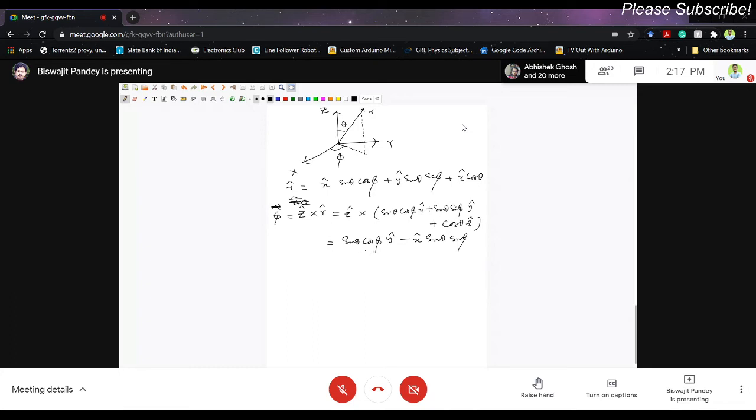Because you see, if I take the square root of the squares, sine square theta cos square phi plus sine square theta sine square phi, if I take sine square theta out, sine square phi plus cos square phi equals 1. But in order to get the unit vector, we have to divide by sine theta. So sorry, phi cap is equal to cos phi y cap minus sine phi x cap. That is phi cap. Similarly, you can also obtain theta cap by taking phi cap cross r cap. I'm not interested in doing that because all that we need is phi cap, as we will be needing it in our calculation. That's why I showed you this phi cap.